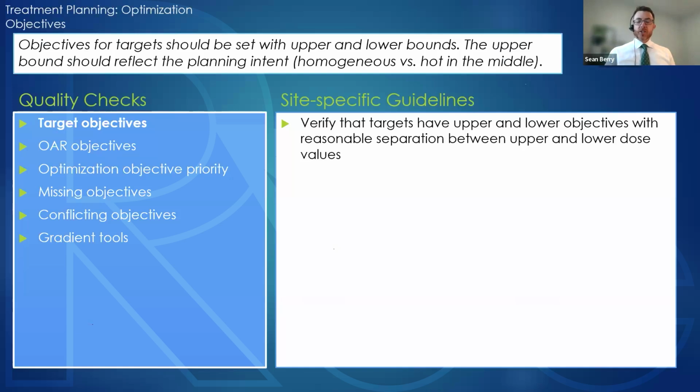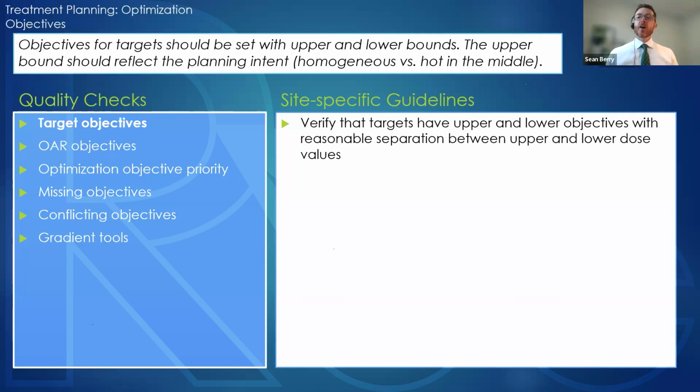So optimization. After you've looked at your contours and your beams, if you're doing IMRT or VMAT, of course, the optimization process is a very important part of that process. So there are some things you need to make sure have happened. One is